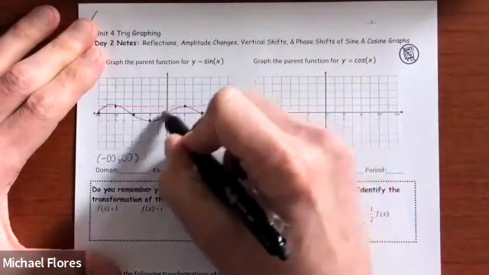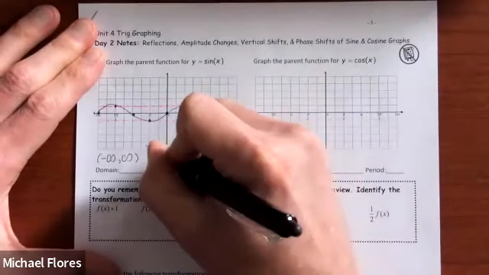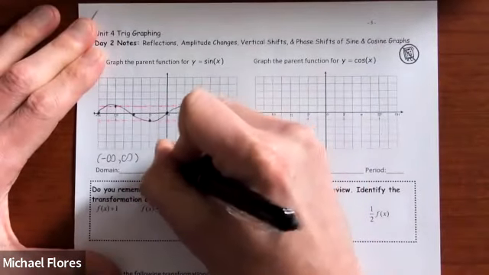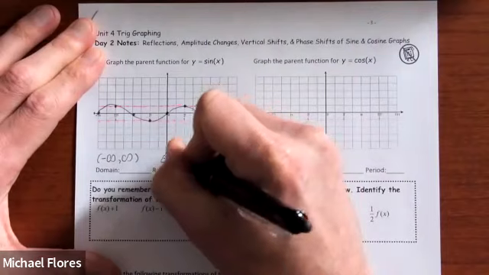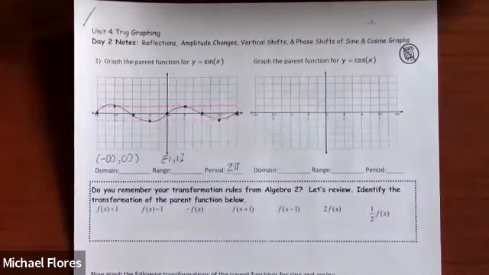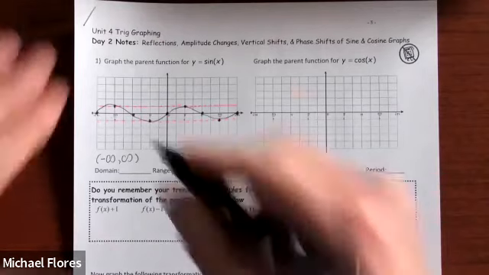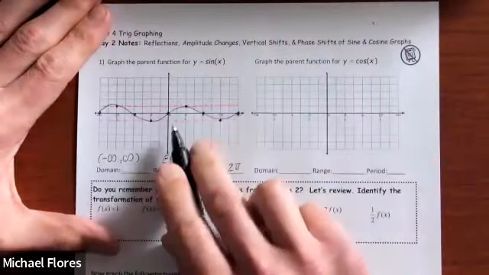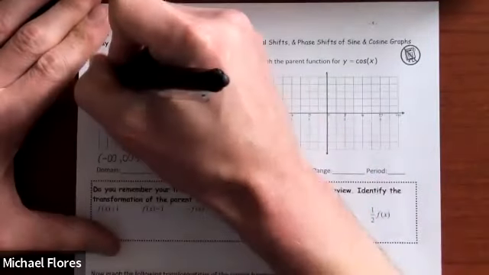Anyway, range for this one would be negative 1, comma 1, and those are going to get brackets. Now, before I move on to the next one, I'm going to draw the pattern here for sine waves. Now we start in the middle,